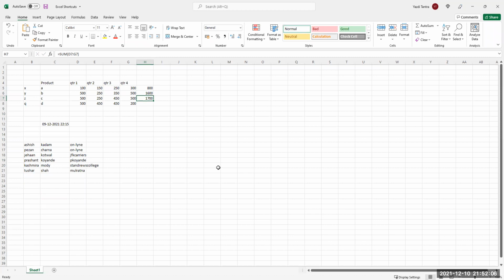Control D. Of course, if there are so many cells, then obviously it is better to drag. Then doing Control D 4 times is wasteful. But if you have to quickly just copy one item in the cell below, you just say Control D. As simple as that. It could be a formula, it could be a text. This is text, right? And Control D will just copy the previous cell. That's it. It doesn't do anything else.